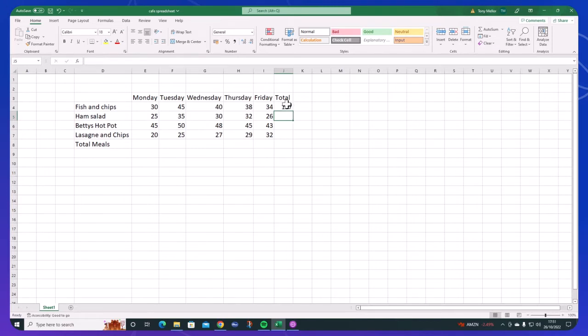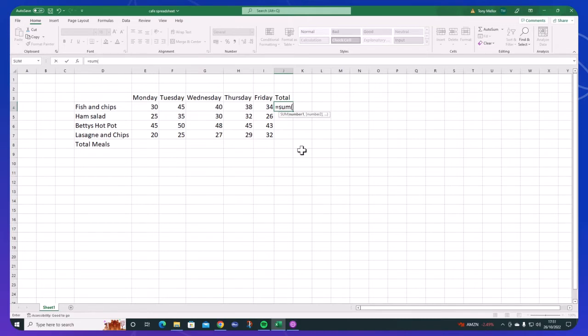Now there's a slightly faster way of doing that, so I'm just going to delete that and do that again. So I've clicked on that cell, and I'm pressing delete on the keyboard, and that rubs it out. Well, let's do that once more. So equals sum